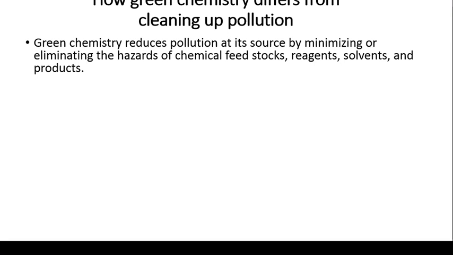Further, how can green chemistry differ from the concept of cleaning up of pollution? Green chemistry reduces the pollution at its source itself by minimizing the use of hazardous chemicals, reagents, solvents or products. Cleaning up of pollution means to clean the pollution, but first the pollution happens and then we start to clean up, or start to remediate the pollutant from a particular area. But in green chemistry, the core idea is that from the starting point of a particular process, they do not use any type of hazardous substances in the